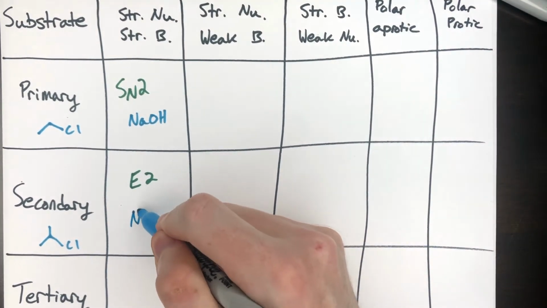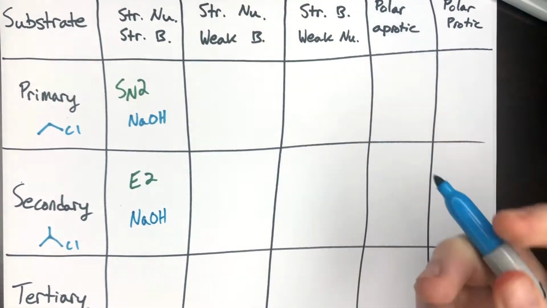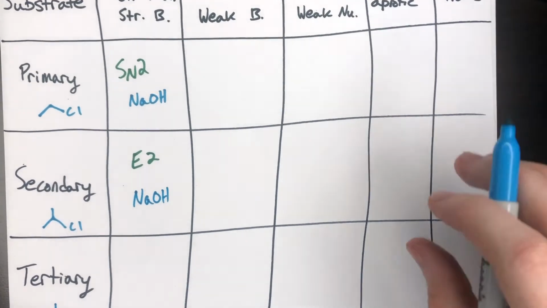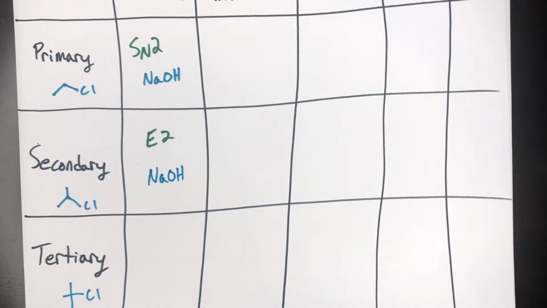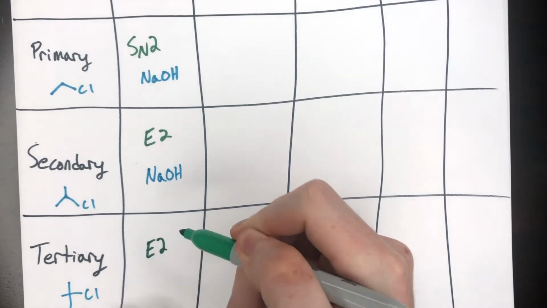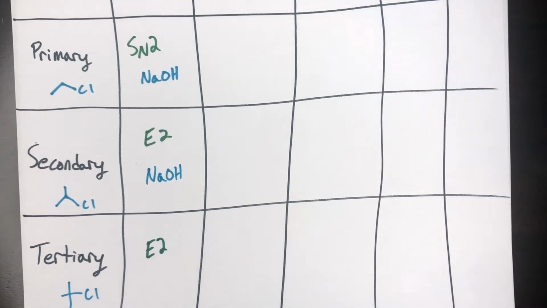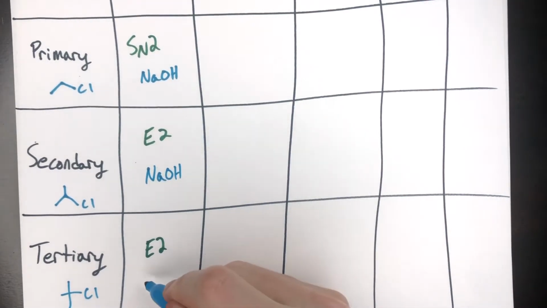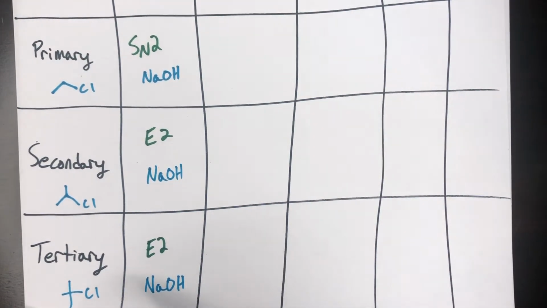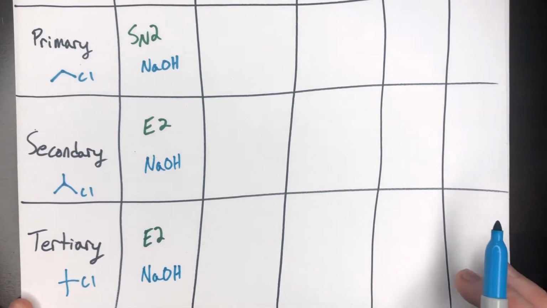So again, this type of reaction would be with NaOH or a similar strong nucleophile and strong base. And then tertiary, this follows the same idea that we just talked about with elimination. This is going to be E2. And again, this could be with something like NaOH. This will be E2, just to reiterate the point, because it's extremely difficult now for the NaOH to approach this carbon because of all the methyl groups that prevent the approach. They're blocking it in a